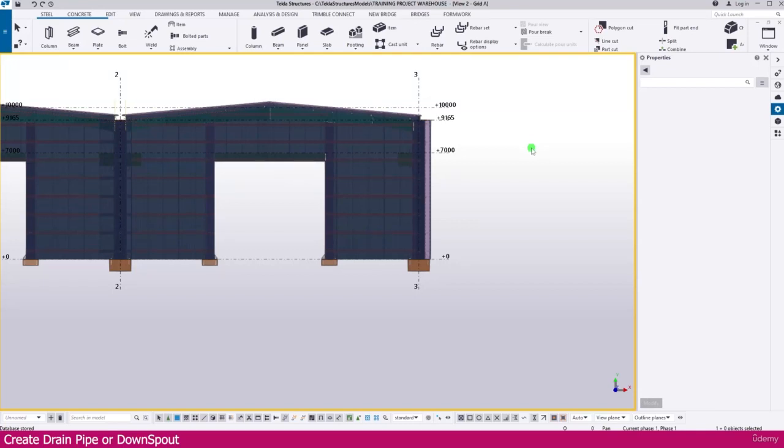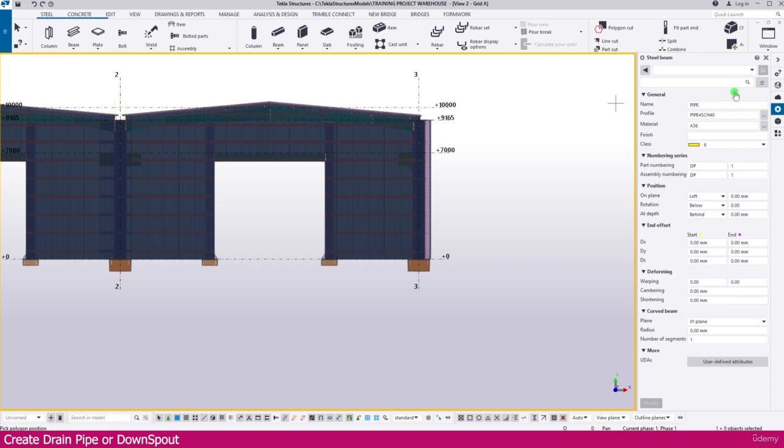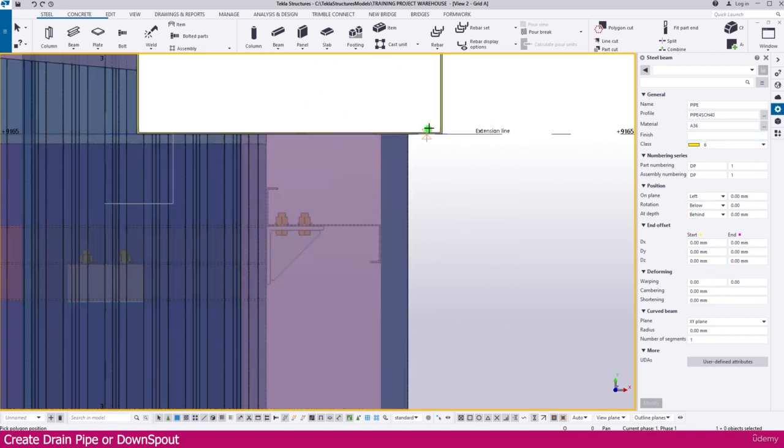Create drain pipe or downspout. For that, go to the poly beam. You can use the properties and all like this. If you want, you can change the properties, but I just use the same properties here. Now I just click here